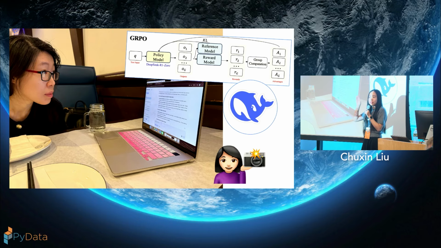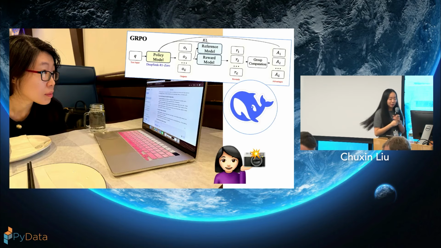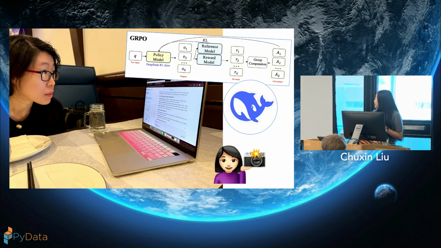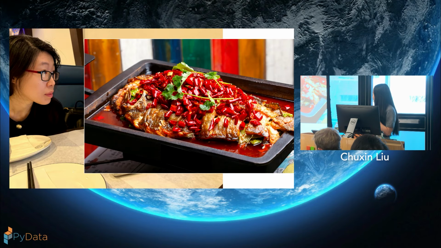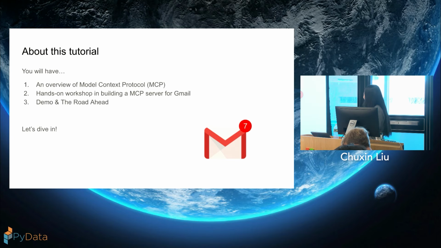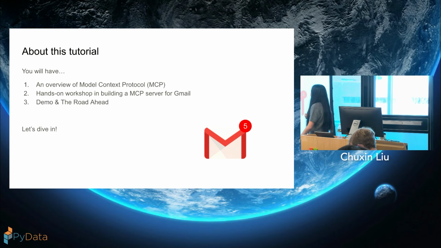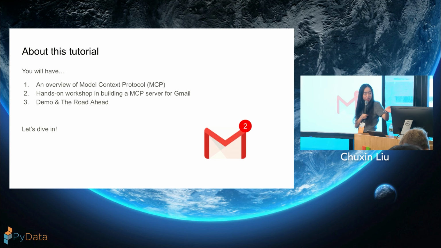Remember there was a time when DeepSeek came out and everyone blew their mind. We were like, okay, let's look at that paper, let's look at what their reinforcement learning is actually doing. And funny thing is, DeepSeek is a fish, right? Oops, what happened? It's a whale, and we were eating fish that day. So that's a little history of the two of us. Now I still work at JP Morgan, and Yiwen has embarked on her journey in entrepreneurship.